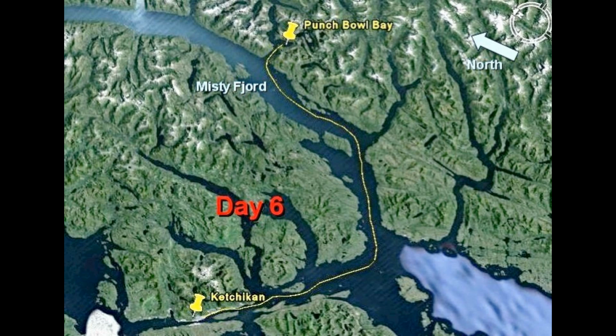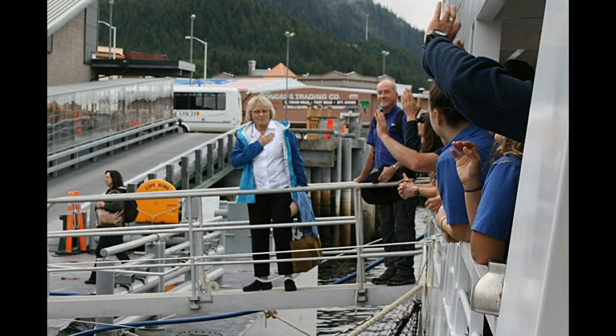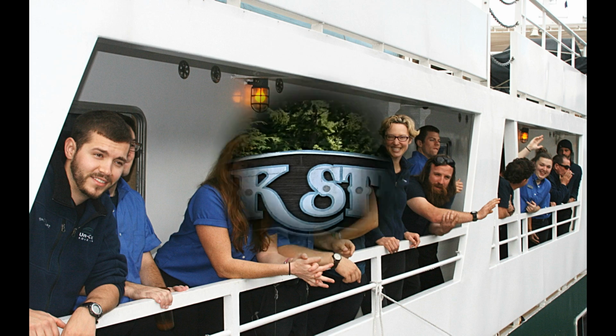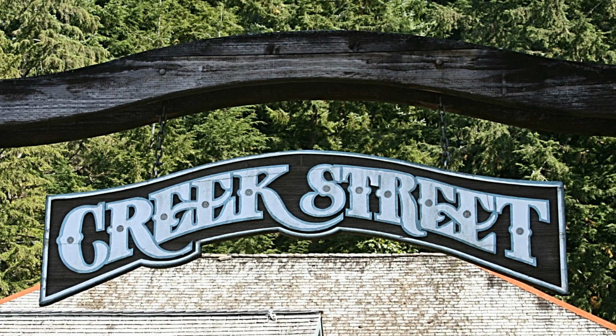Our last night was spent going from this bay to Ketchikan, and that is where we had to say goodbye to all our newfound friends. The crew is standing along the side waving their goodbyes, but Sharon and I had made some other plans to